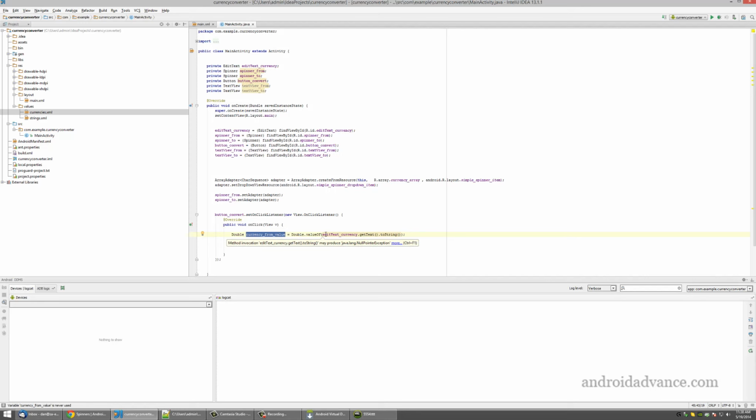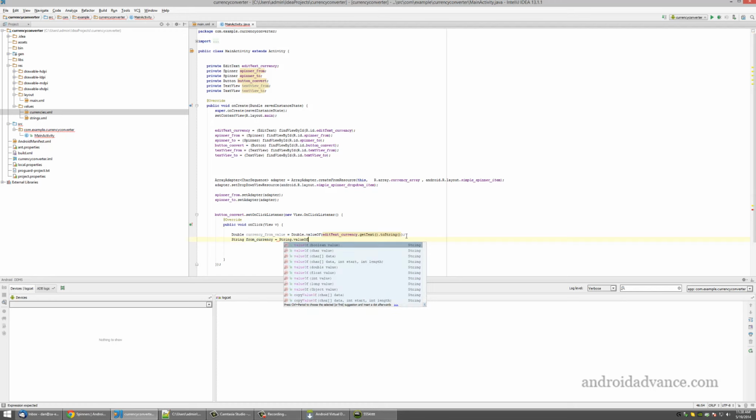here we have a double value from this edit text, and let's get two strings from the spinners, from currency spinner from get selected item and to currency. Alright, now that we have these items, let's get the URL for them. For example, if we select USD to Bulgarian leva, this URL will change. So let's just copy it,